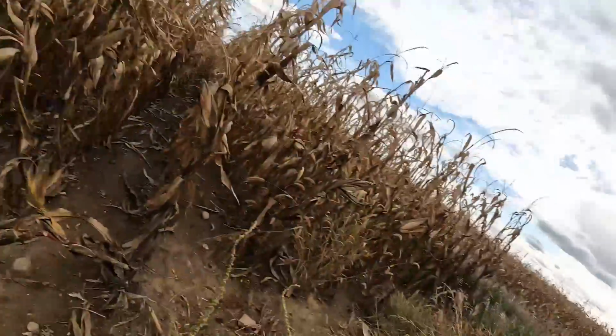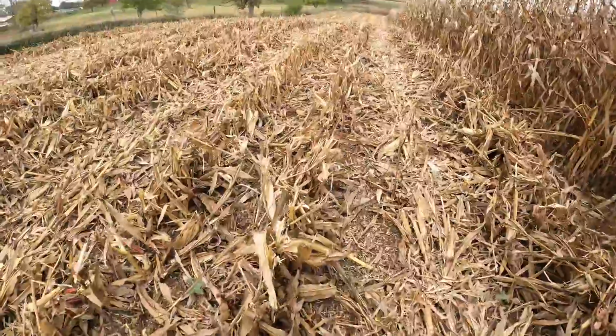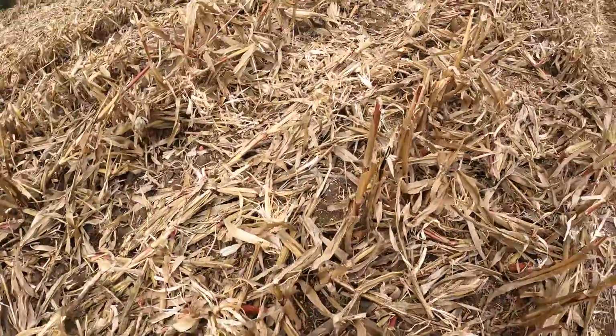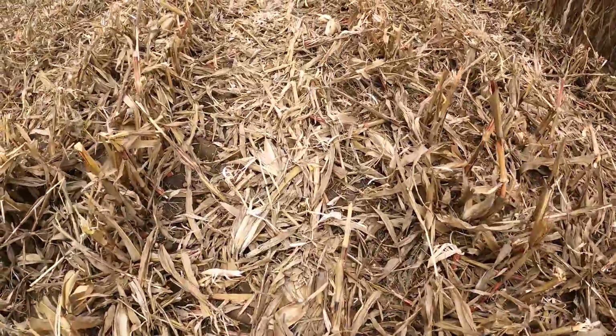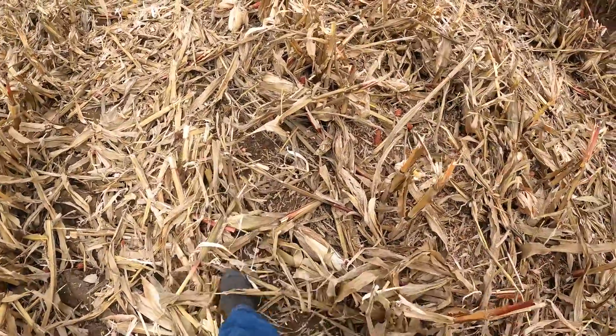Still waiting on them wagons. So, kind of keep walking around while we wait. Check to see how the combine's doing. Just looking for any cobs that still have kernels on them. You're looking for kernels on the ground. You see a couple here and there, but